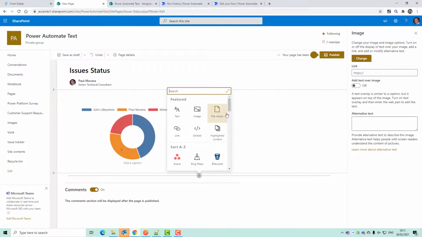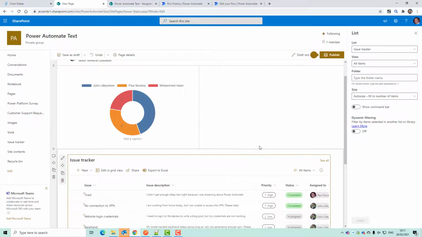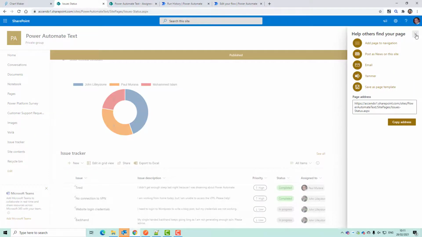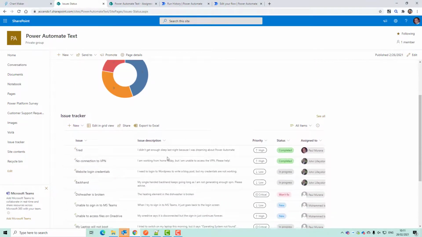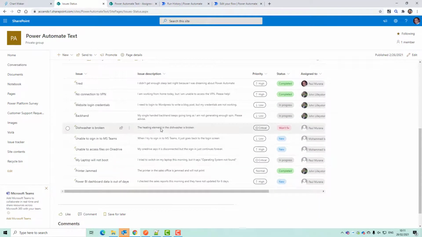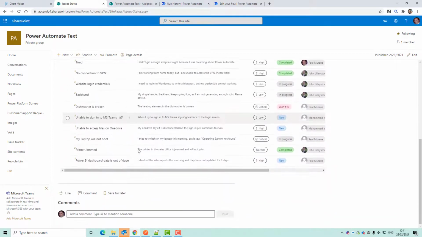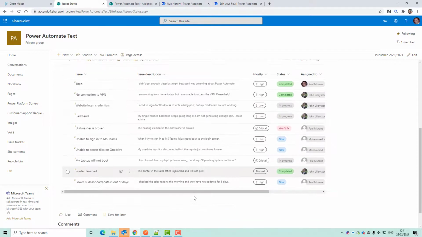And then we'll add another web part down here, which will be the list web part. We'll do issue tracker. So now we can get a couple of charts up the top with the list underneath, and you could run that on a recurrence flow and quickly see a visualization of the status of the chart below.